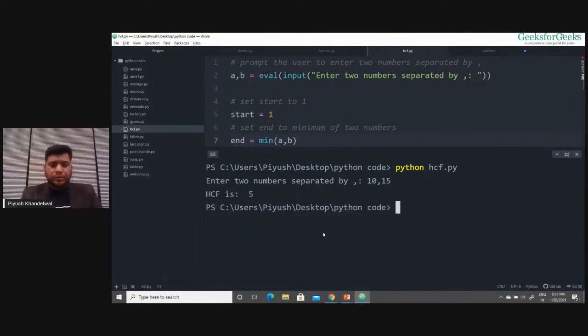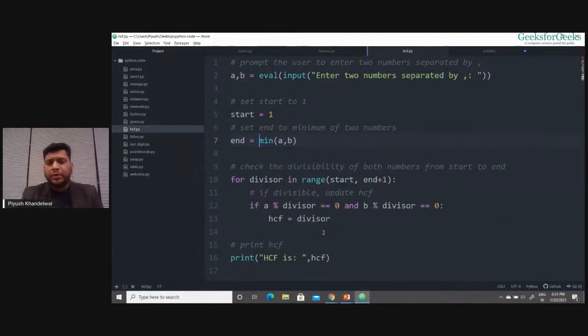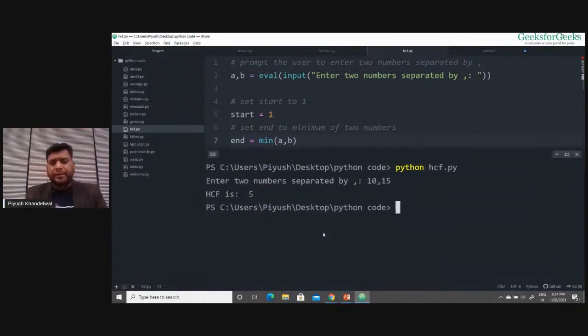So we have figured out how to find the HCF of two numbers. We have written the program which can compute the HCF of two numbers. And you will generally find this approach. I've told you what we are thinking, and we have implemented that logic over here. What we heard about the definition of HCF, we have implemented the definition over here, and this is giving me the correct answer. We have also validated this.